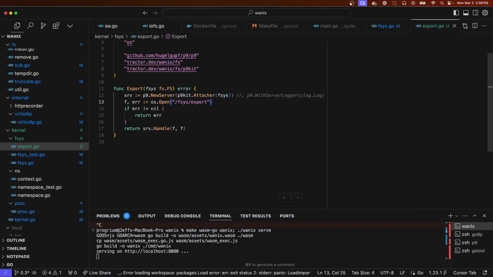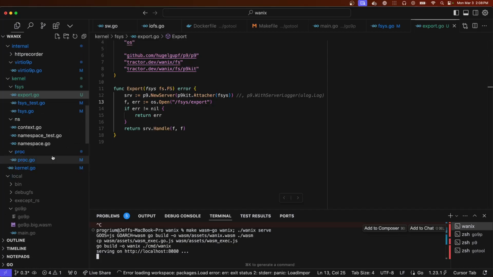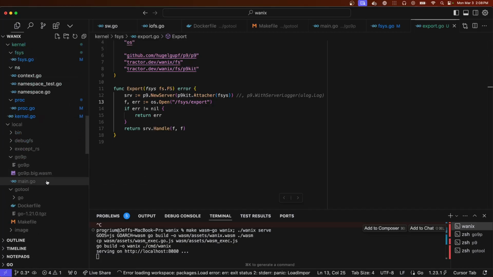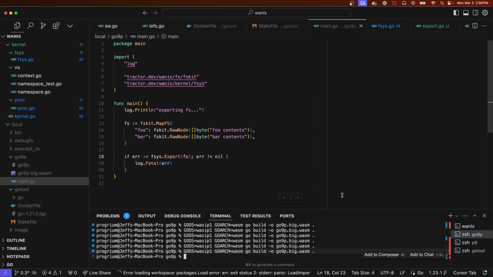Maybe it wants that. Oh, but this is not Wanix. This is actually this Go9P program, so we have to compile that separately.